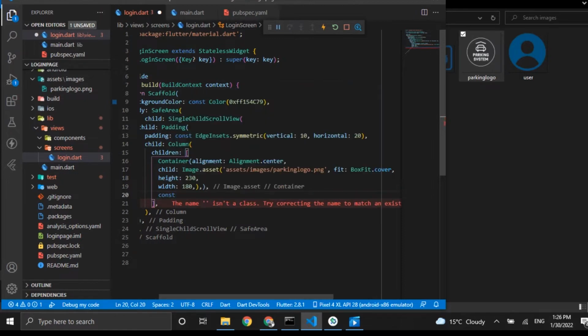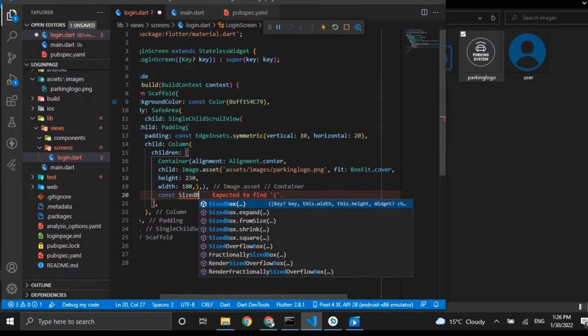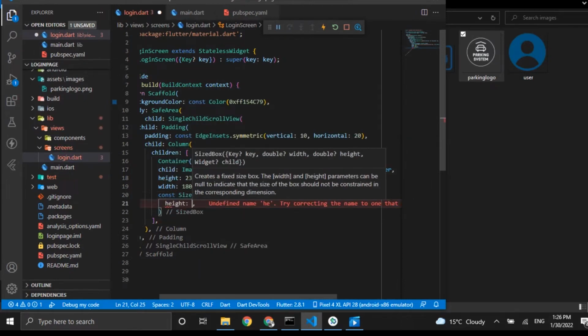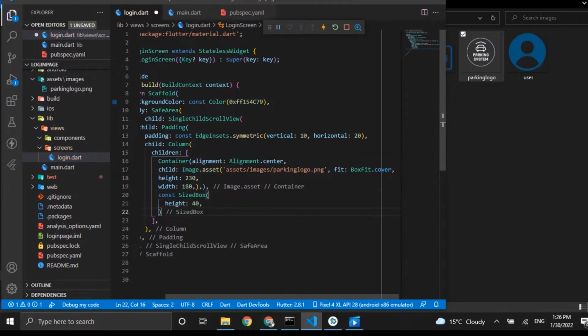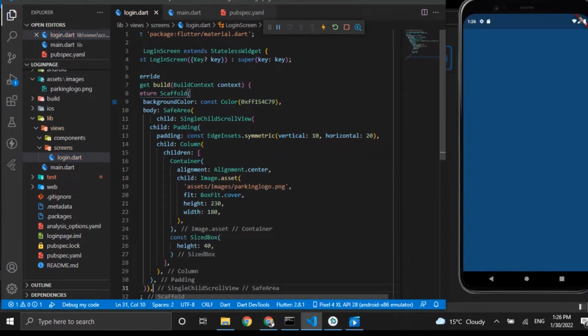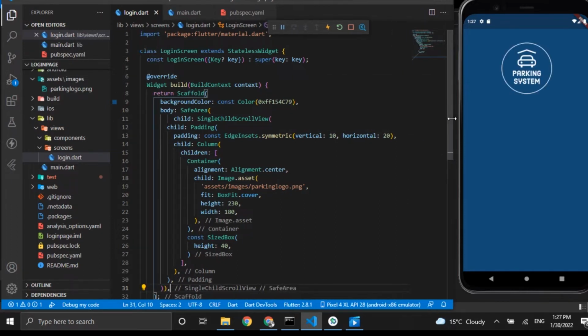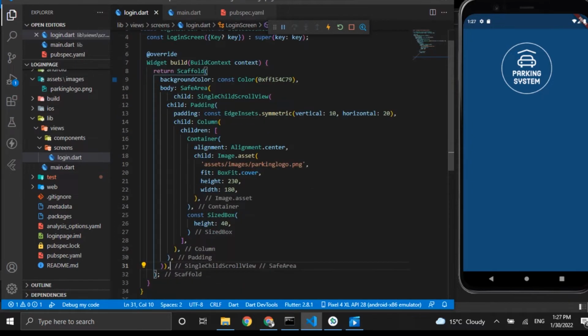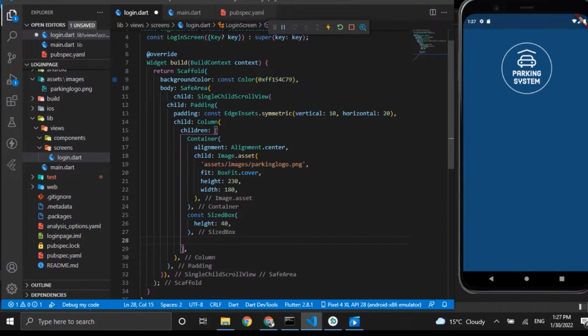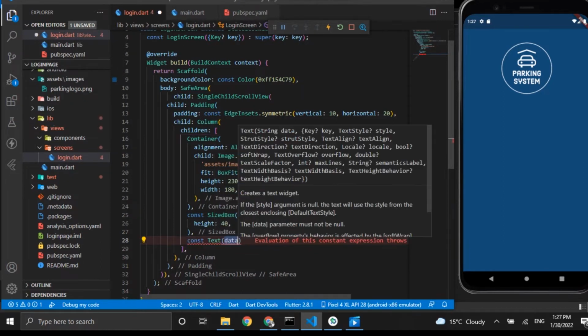And let's define the sized box as well. And if we save our file, we will be able to see our parking system logo in our login screen. So next, since it's a login screen, we should be creating the two text fields for passing username and